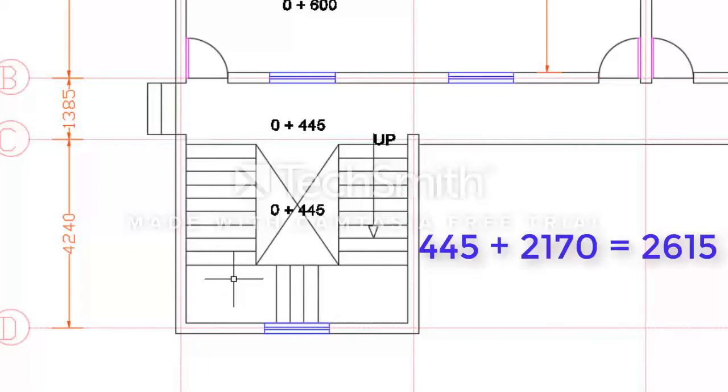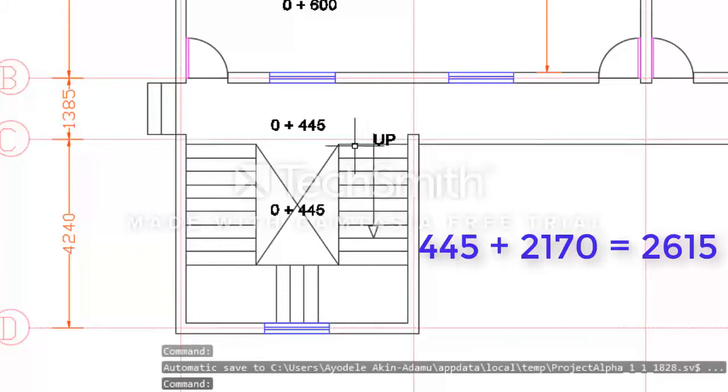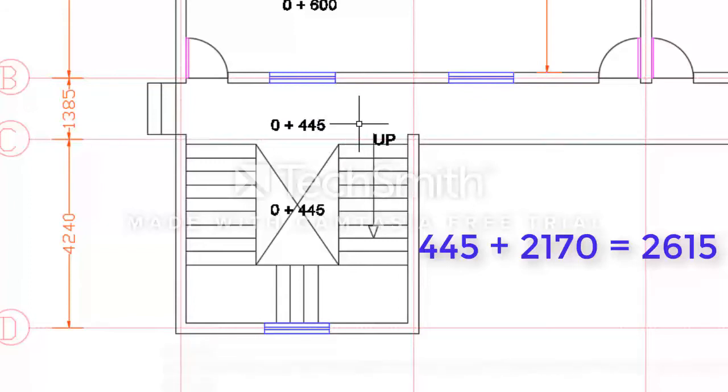So the elevation here will be this elevation 445 plus the value of 14 risers times 155. So 445 plus 2170. You will do the maths, you will get 2615. So the elevation of this landing here is 2615.